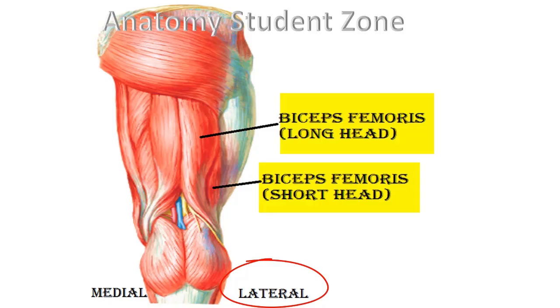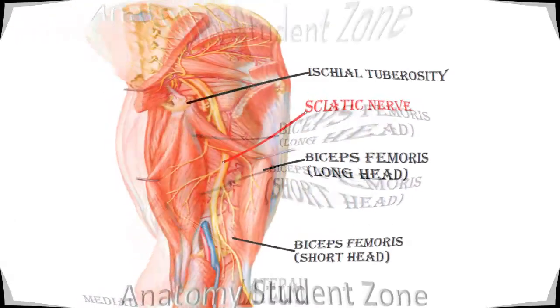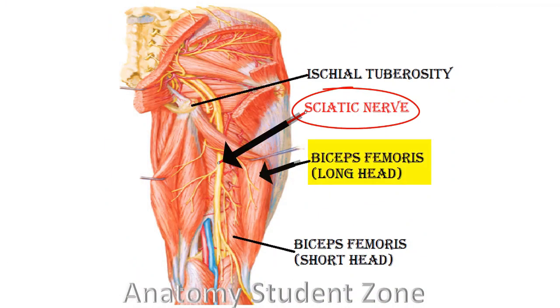Now I will tell you some important points and details relating to these muscles of the posterior compartment that will help you in exams. Previously we covered how you can identify these muscles on dissection by identifying just the medial and lateral side. So here in this image, observe the sciatic nerve and the long head of biceps femoris. These two points you have to see, and again please observe these two points on this image.